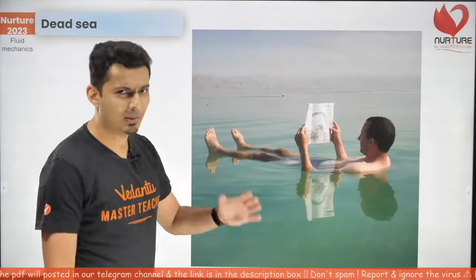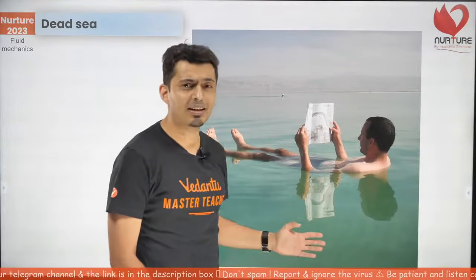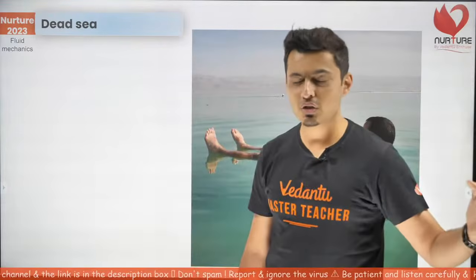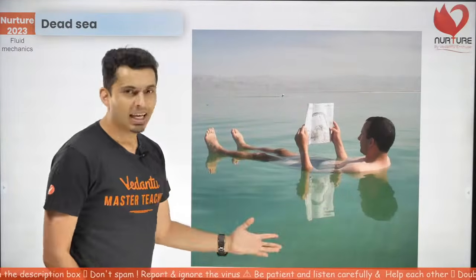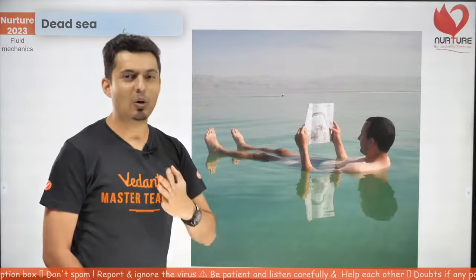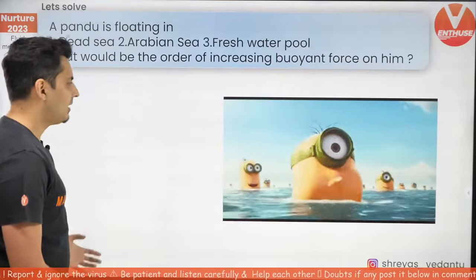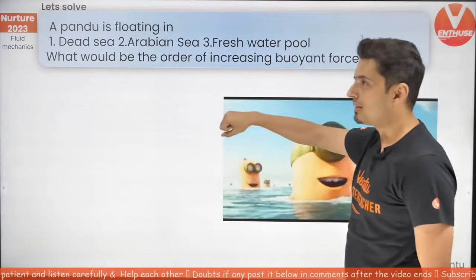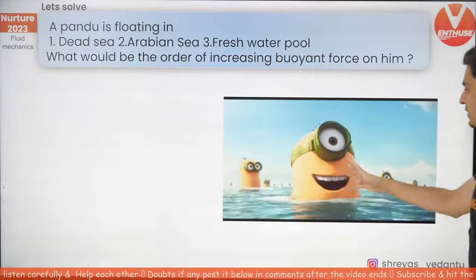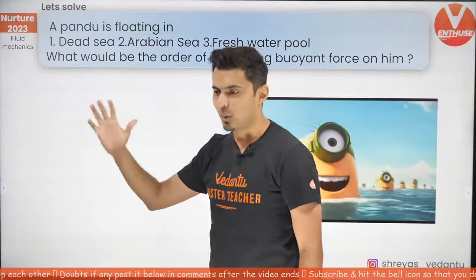Now imagine a Pandu who goes on a vacation. He once goes to maybe Goa, and then he goes to Dead Sea, and maybe then back at his home he has a nice swimming pool out in his house. So 3 places: Dead Sea, Arabian Sea, and freshwater pool. This is your Pandu. The question is, if Pandu can float